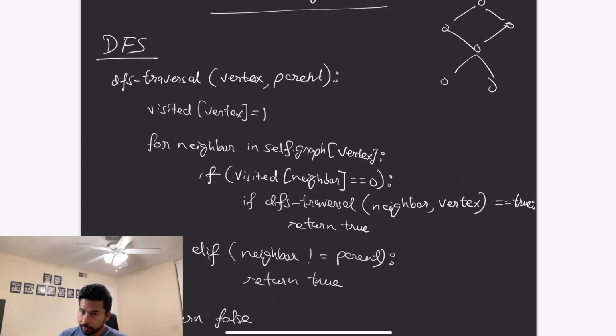What if the neighbor that was visited is not the parent? Well, that means we found a neighbor that was visited, but we didn't come from that neighbor, which means